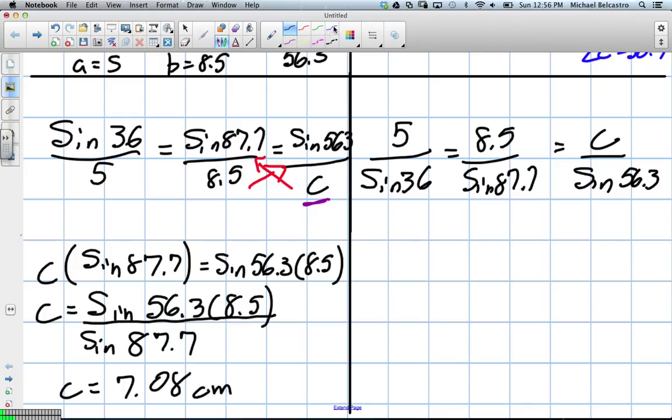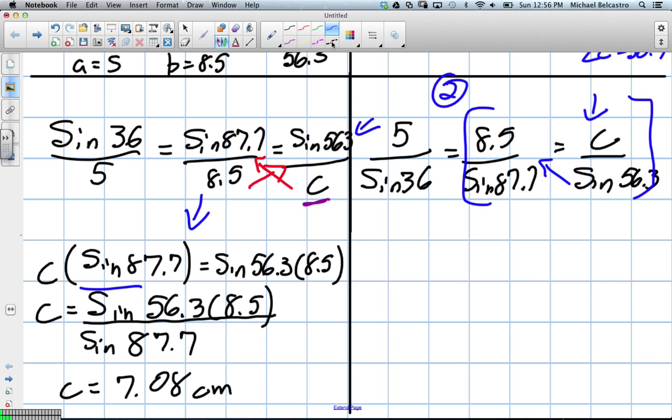Centimeters for that one. Now, in the second one here, this was our second triangle, I flipped the ratio compared to this one over here. And that's fine, because of ratios, as long as I flip everything, that's great. And it essentially makes one less step. See, here we had to cross multiply, and then I had to bring over this value on the other side. When the C's already here, and we pair it off like we did, the only step will be to bring over this bottom, and then we'll be looking for C right away. So in one move, by just flipping that ratio, I essentially save myself one line of writing algebraically, you could say. Okay, divided by sine